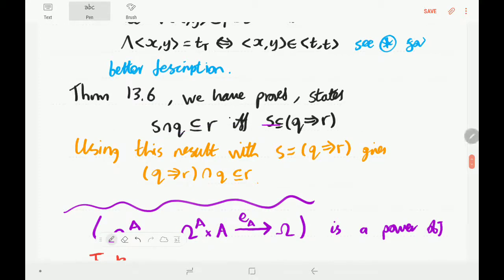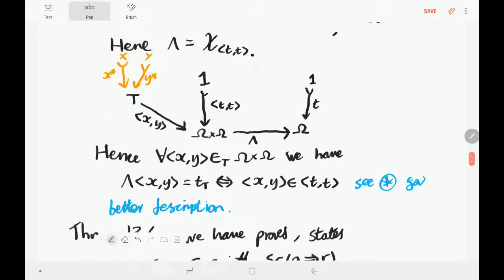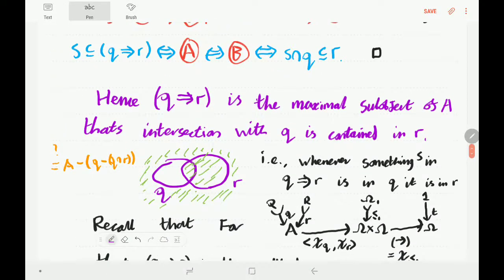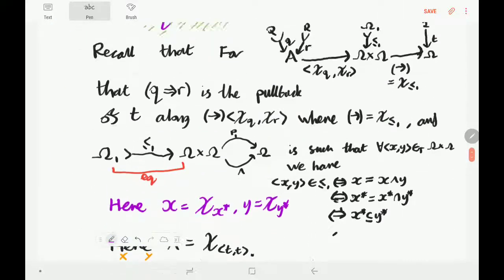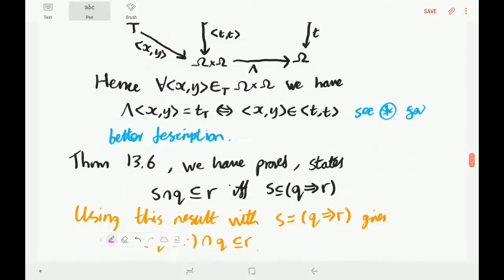Also note, using this result with s is equal to this material implicate thing, we get that q double arrow r intersection q is contained in r. We see this here, the intersection of this green area with q is contained in r, okay? And we could say it's the maximal thing like that. Anyway,